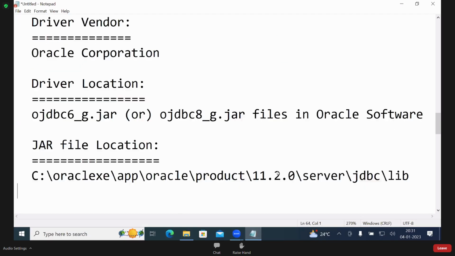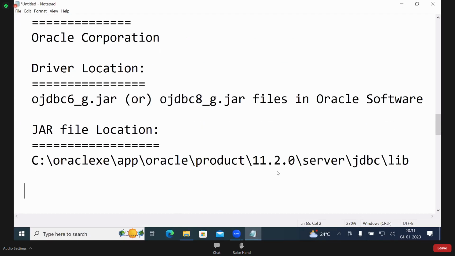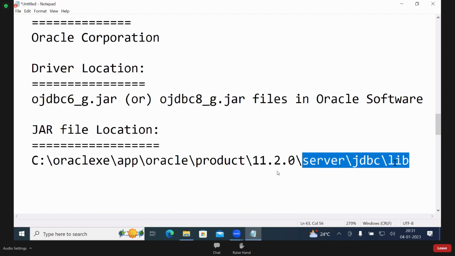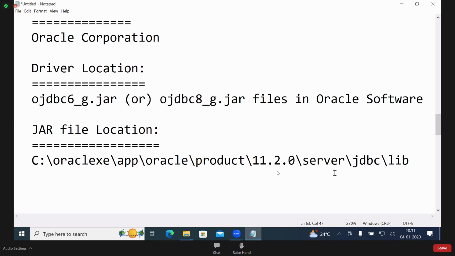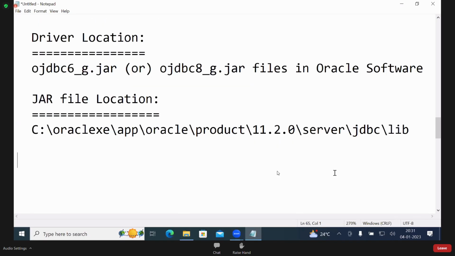In your system, check where this server, jdbc, lib is in your version. The version may be db_home or only app; different versions appear differently. I'll show you how to find out also. First write this one: jar file location.